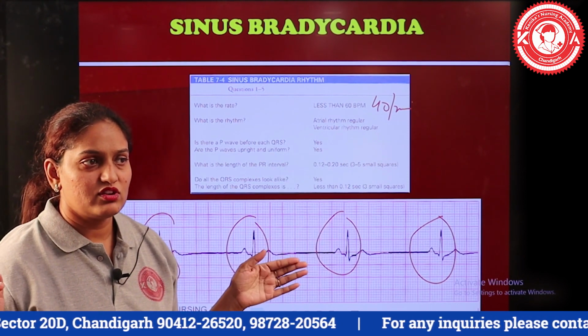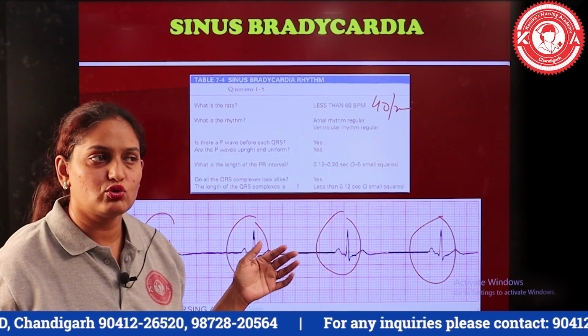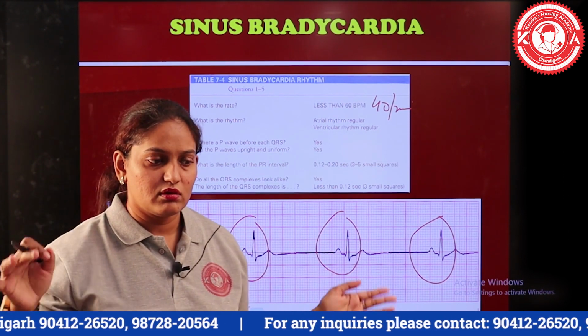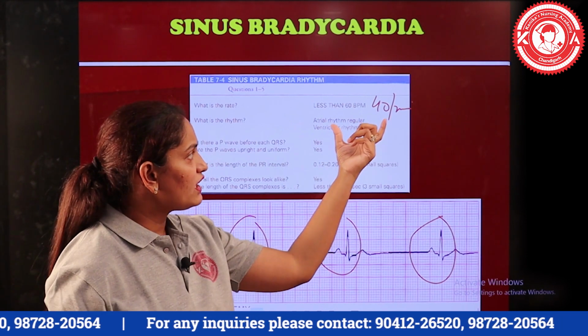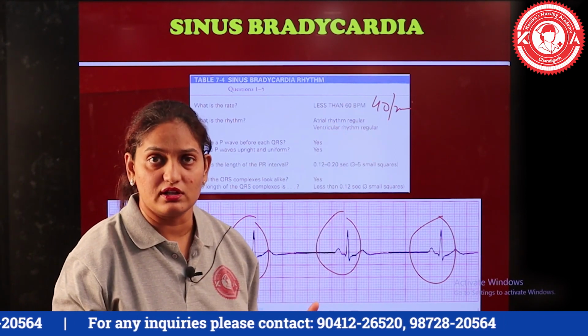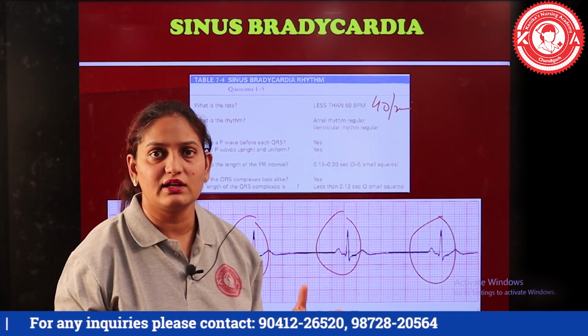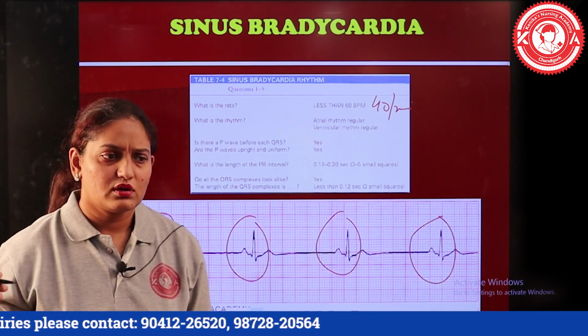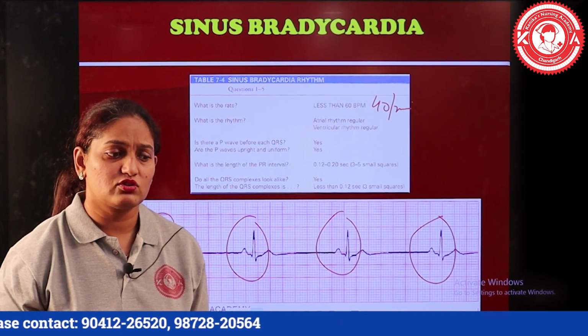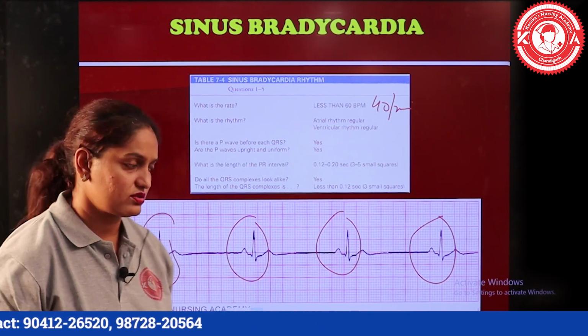But sometimes we see that athletes, those who have a habit of doing vigorous activity, when they are in a resting state, usually have their heart beating at the lower or slower range. So in that case, this heart rate will be seen. And sometimes bradycardia is also observed in people with heart blocks.